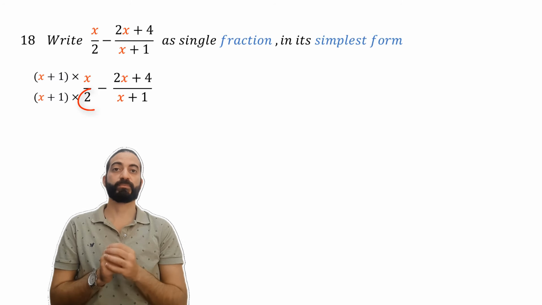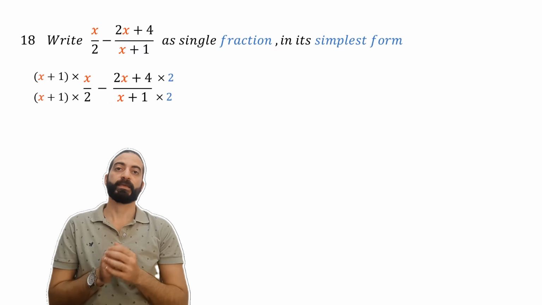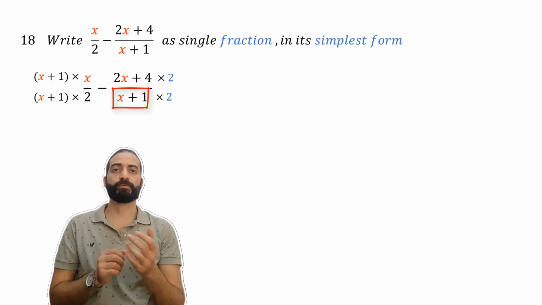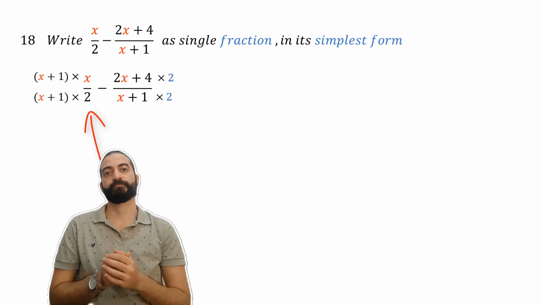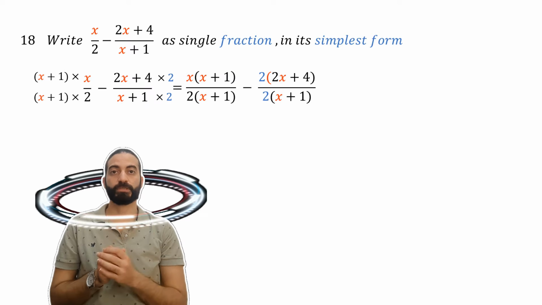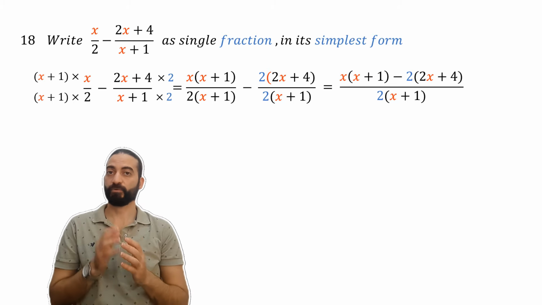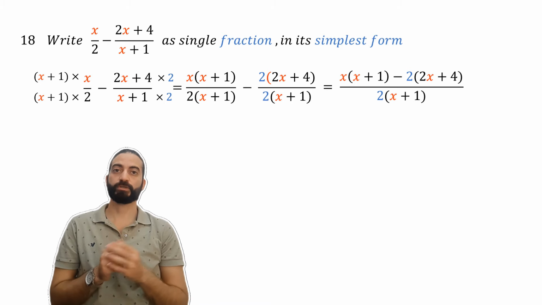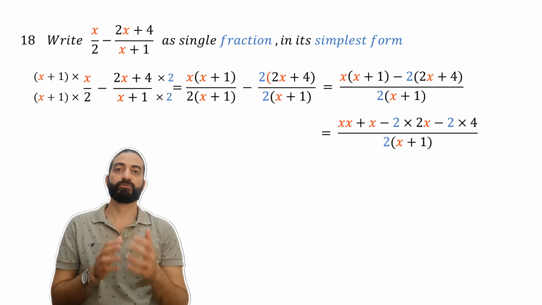Here we have 2, so we multiply this fraction by 2 in this form. And here we have x plus 1, so we multiply this fraction by x plus 1 in this way. Now we have the same denominator, which is 2 times (x plus 1). Now we can write one fraction. In the denominator there is 2(x plus 1), and in the numerator this. Now in the numerator we can calculate them together in this way, and in the end we get the quadratic